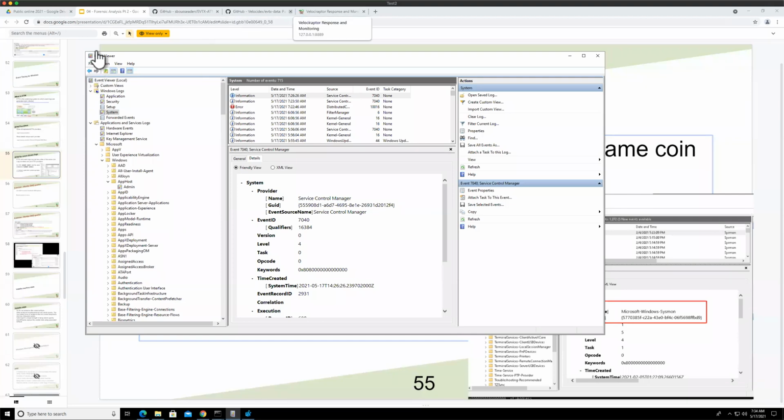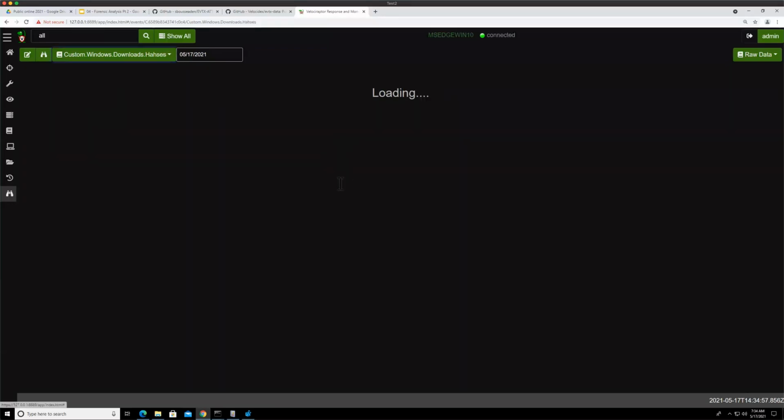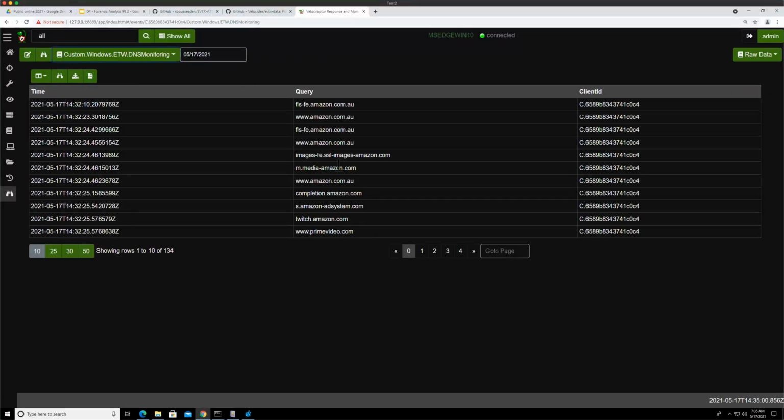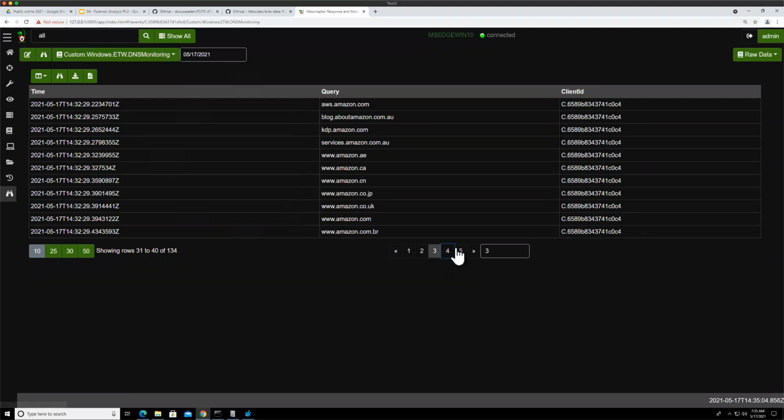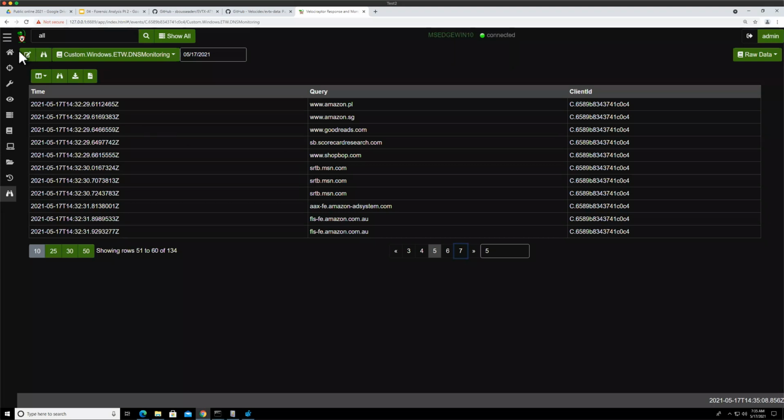See if there's any refresh on these things. Yeah, so now we've got some DNS coming through, right? That's the DNS thing that we've done here, and we can see the query and the times. So you can use that to monitor for DNS on the endpoints. The other cool thing that we could do is